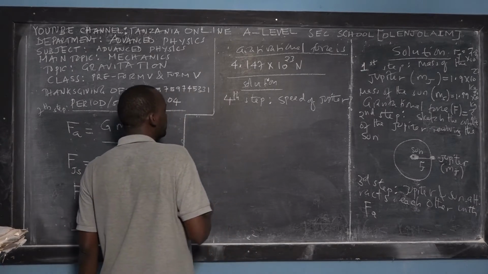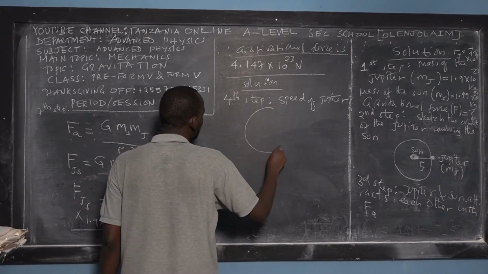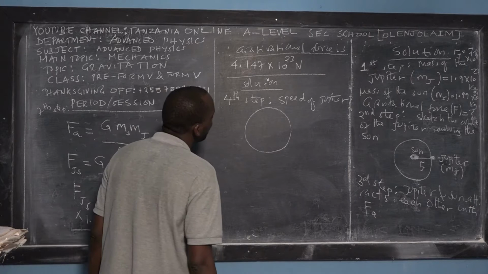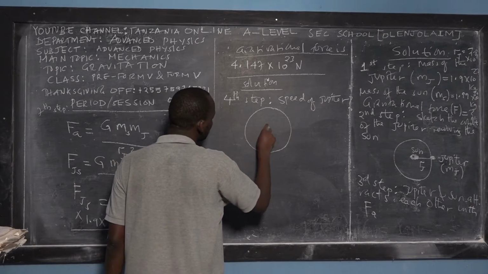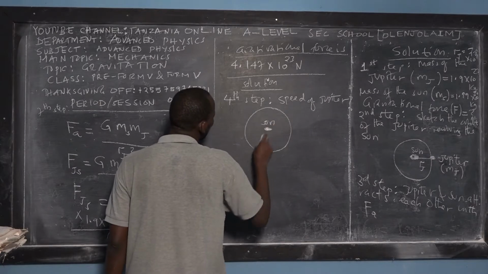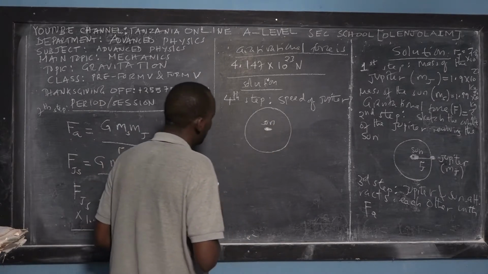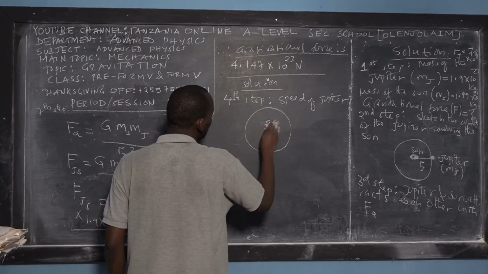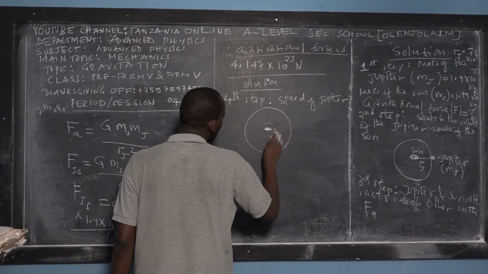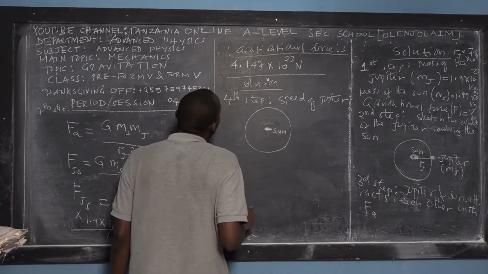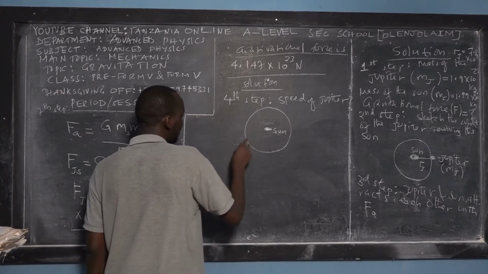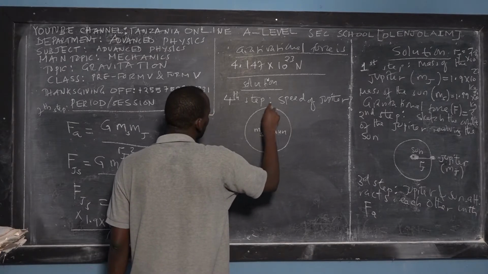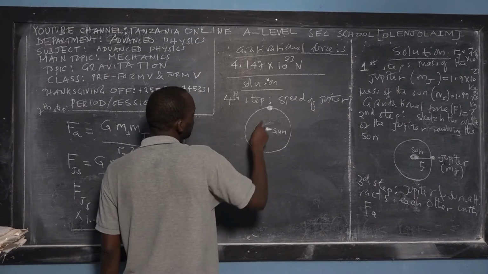So the speed of the Jupiter, we say that we have to recall an orbit like this. This is the sun, and here we have the mass of the sun. This is the mass of the Jupiter,